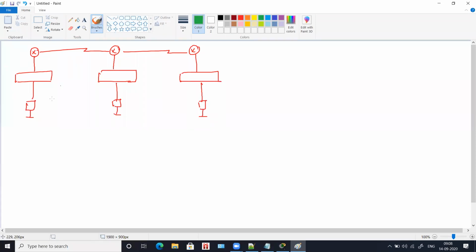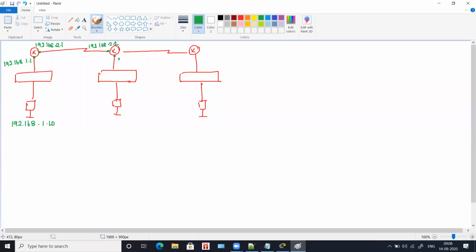Let's start assigning IP. Say for this computer, the IP is 192.168.1.10. So if this is 1.10, this is going to be 192.168.1.1. Then it is going to be 192.168.2.1, and this will be 192.168.2.2.